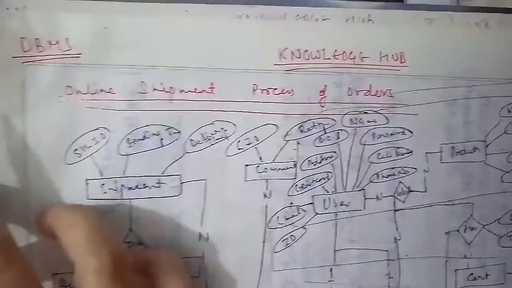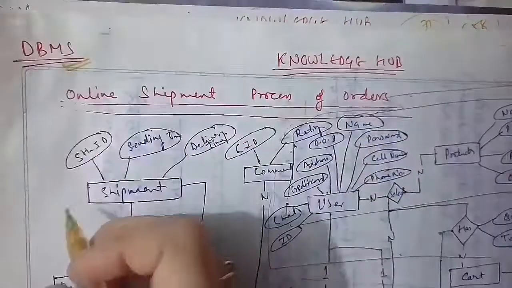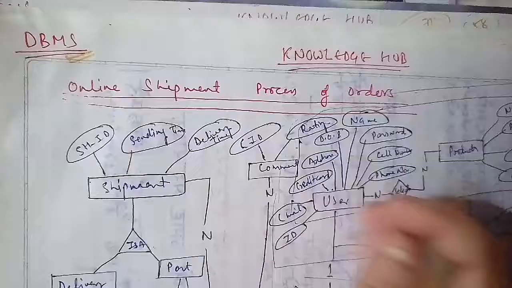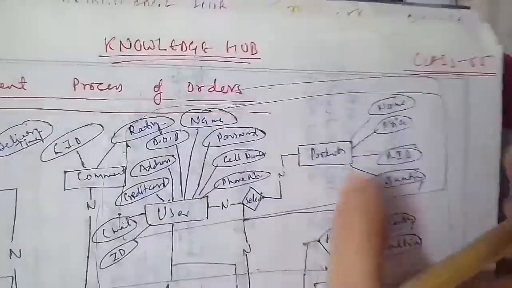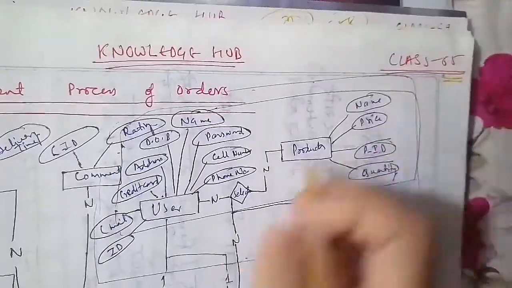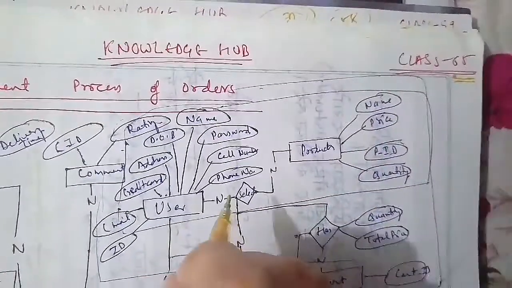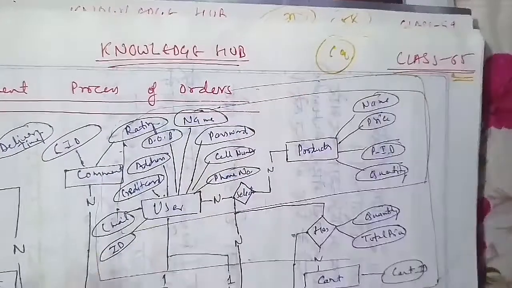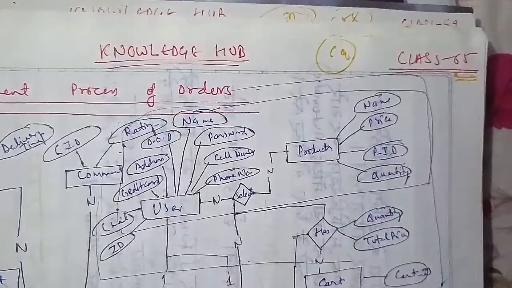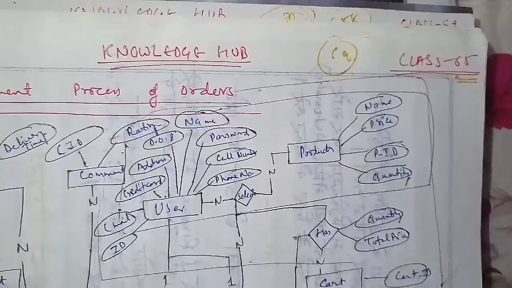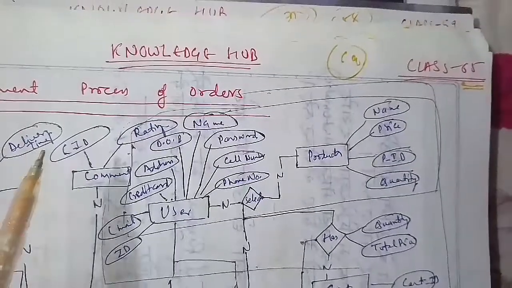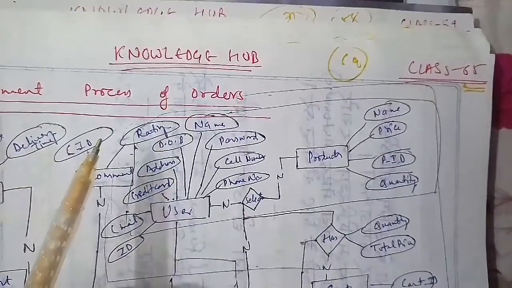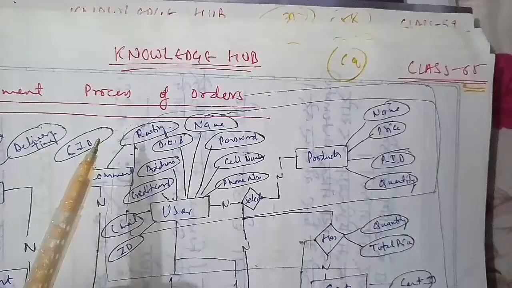Today we're going to start discussing the DBMS class, and that is important as well. In terms of DBMS, we have to cover the 65th class here. That is an important one as well. We did the 64th class last time, where we completed the ER diagram for the online donation, and that was an important one as well. After that, we did many more ER diagrams that we discussed here.